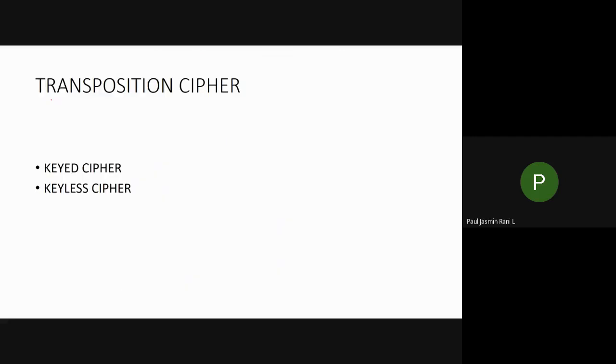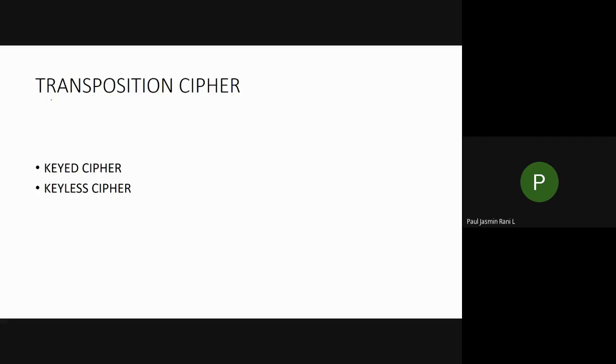Now you can easily find the numbers, add the values, and find the plain text. That is the speciality of the one time pad. You have to generate the random key. This can also be called a stream cipher. So this is the last method. In the starting itself we discussed that we have two methods: one is the substitution cipher, the other is the transposition cipher. We discussed fully only the substitution cipher, isn't it?